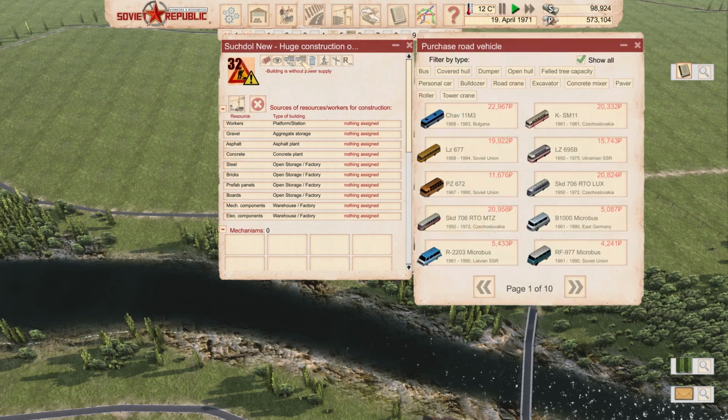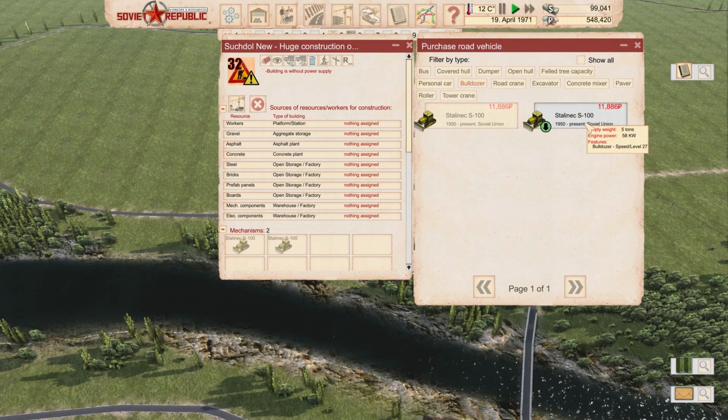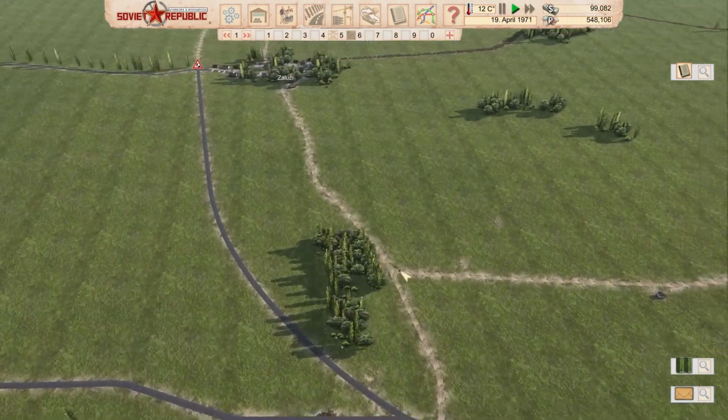vehicle section and we're gonna get ourselves, let's go with bulldozer first. We're gonna go for Stalinets. They require...